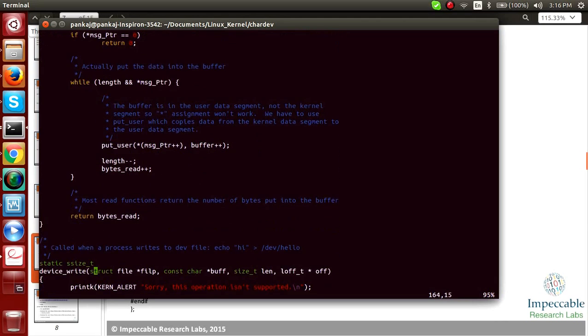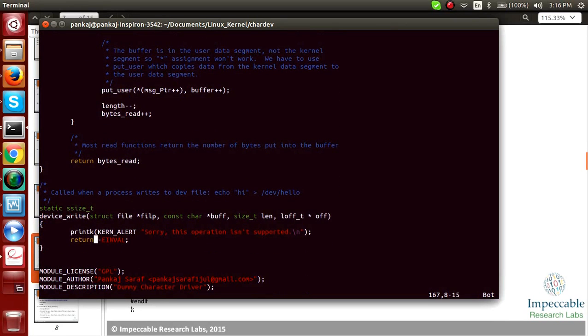So this is what is happening here. The device write tells that it is not supported. So you can open the file and read this device. These two operations you can do.